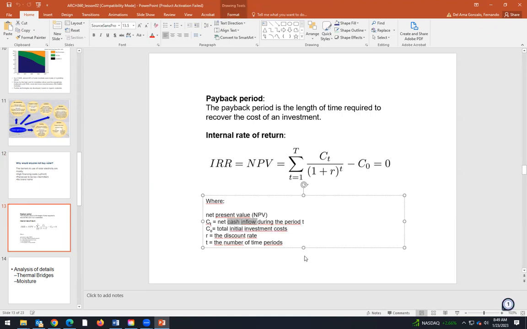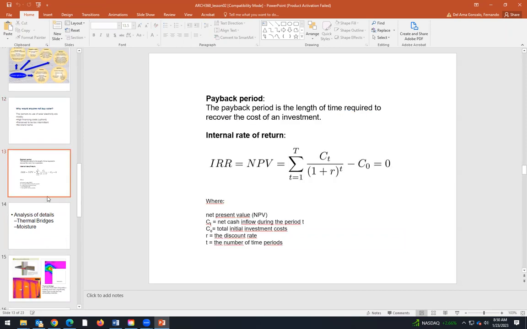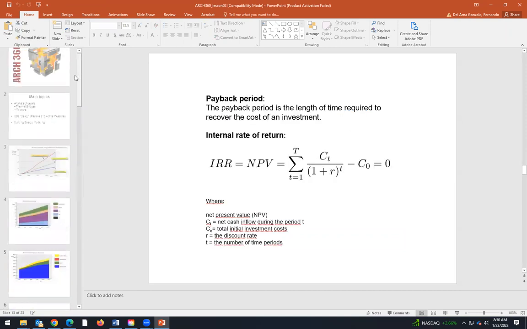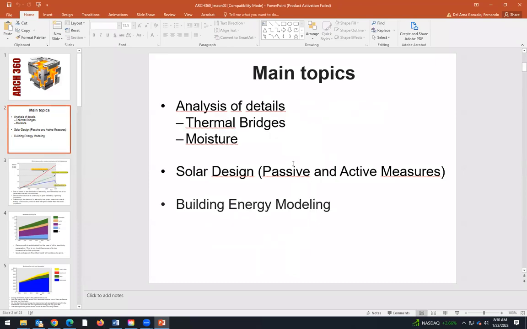It's the money that we save because we have installed renewable energies during the period T. So at the end, we should calculate T, which is the amount of time, it can be years, in which we recover the investment. It's a complicated formula, but we will explain this in the future. Okay, so this is an introduction to solar design,